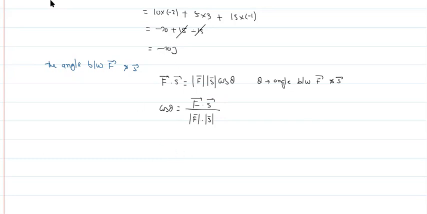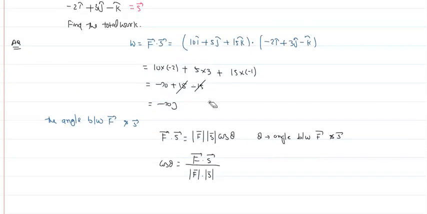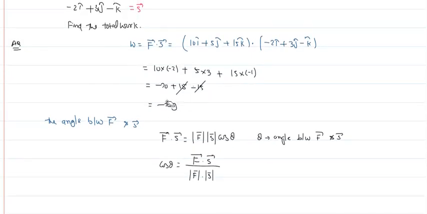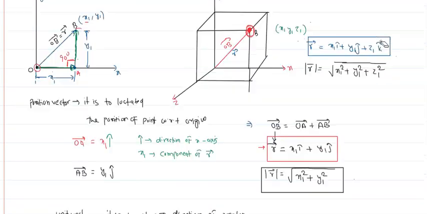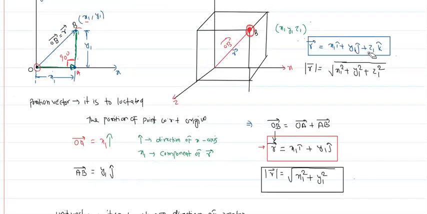So you find f dot s, you already found it. What is f dot s? That is minus 20 joule. Not 22, that is minus 20 only. And what is the magnitude of this vector, f mod? As I told you, suppose you have a vector r equal to x1 i cap plus y1 j cap plus z1 k cap. What is the magnitude? That is root over x1 square plus y1 square plus z1 square.